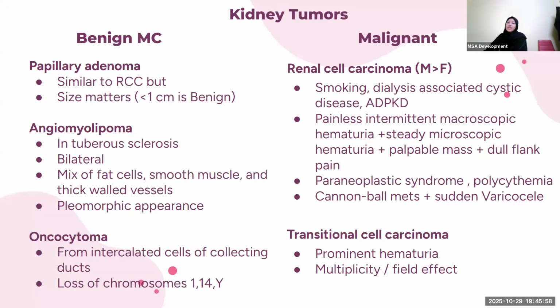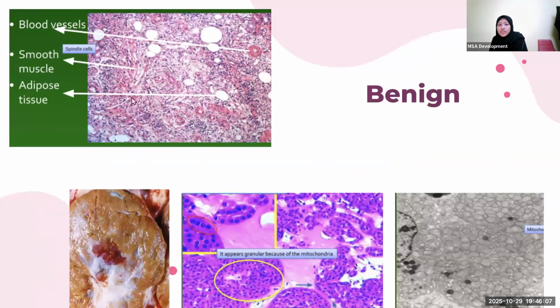And I'll show you the differentiating feature for this. And yeah, let's move on. So these are benign examples. If you see a mixture of blood vessel, smooth muscles, and fat cells, this is angiomyolipoma. Okay. If you see this one, I did not mention this, but if you see a scar-like tissue in